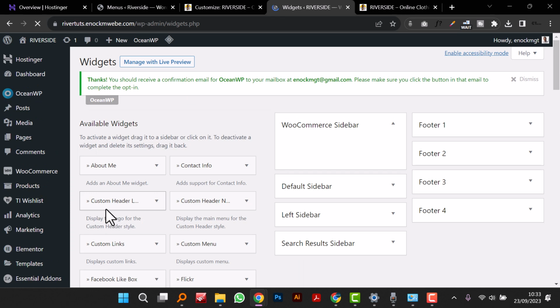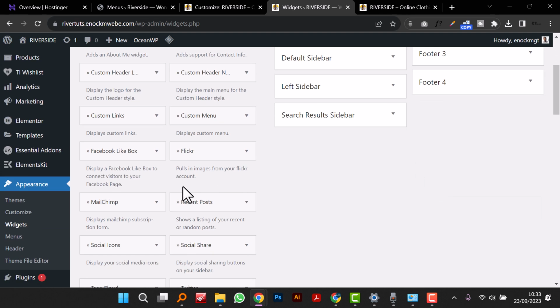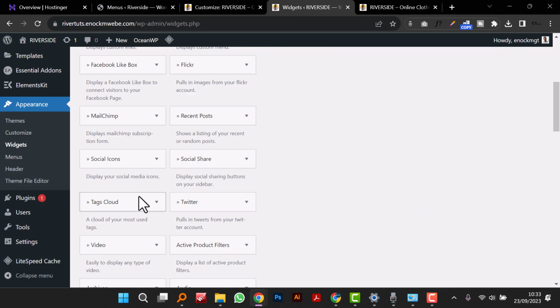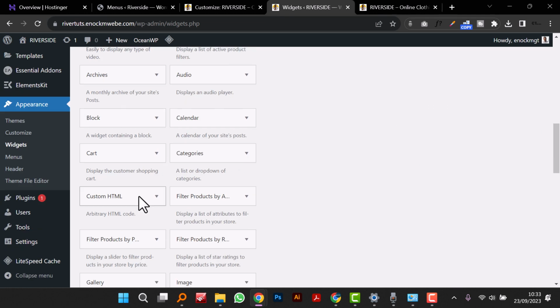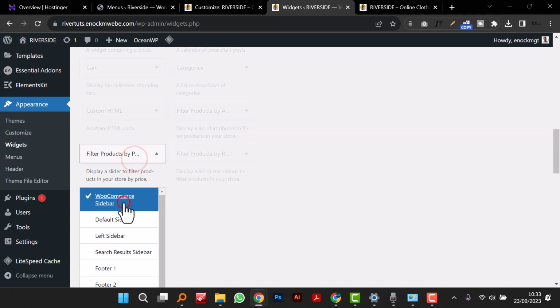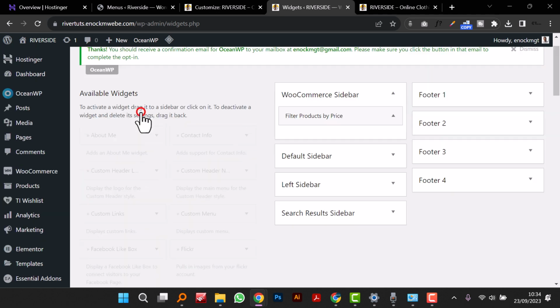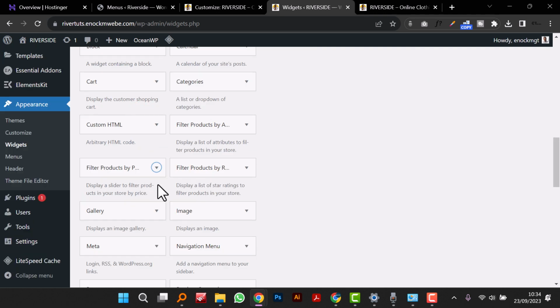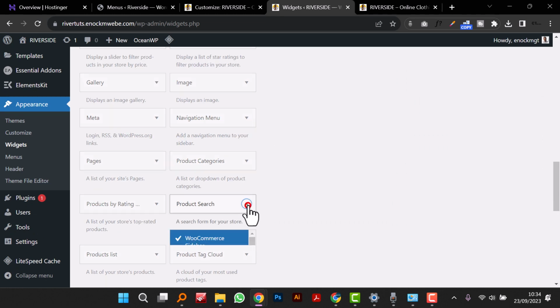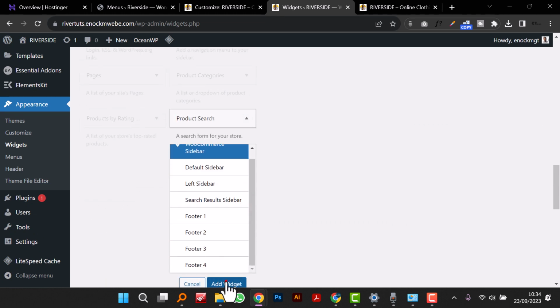Okay, now what we're going to do is look for some of these widgets. What we're looking for is, for example, a filter by price. So we're going to click WooCommerce sidebar, then add widget, and let's look for some more, product search. Add a widget,